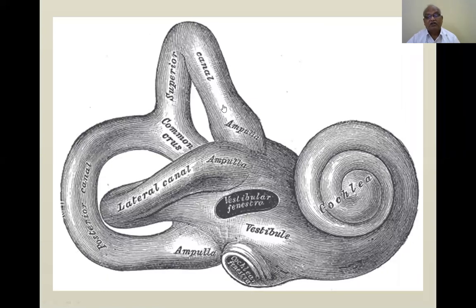So the three semicircular canals would open into the posterior wall of the vestibule by 6 openings, because each is a semicircular canal. But the superior and posterior canals, anterior and posterior, both are united to form a common crus. That opens by one. So there are 5 openings. So all three semicircular canals open in the posterior part of the vestibule by means of 5 openings, because this one and this one unite to form a common one.